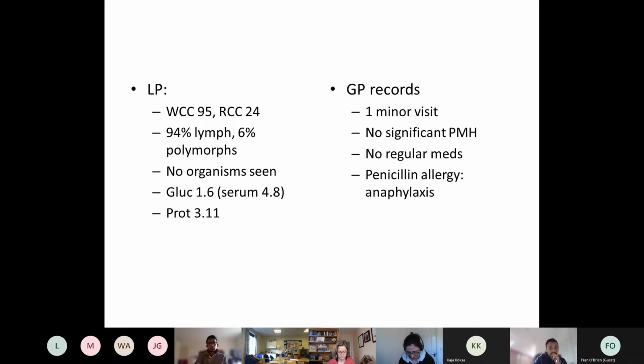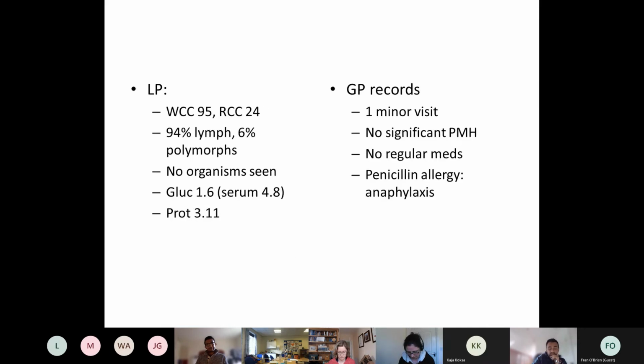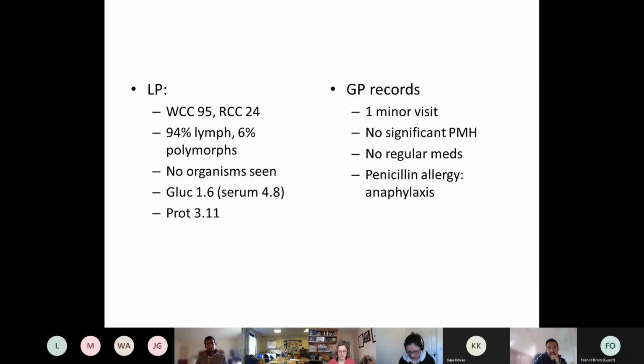Sure, and I think you're right that the CSF is a bit mixed. On one hand, you've got the biochemistry of a bacterial infection, but the white cell picture of a viral infection, and a lack of inflammation in the blood as well. So that's all a little bit strange too. But she's clearly quite unwell, so I would have come down on the same side as you and gone for covering both. She's a bit young, I think, for thinking about listeria, which is more borderline at 55, 60 plus.